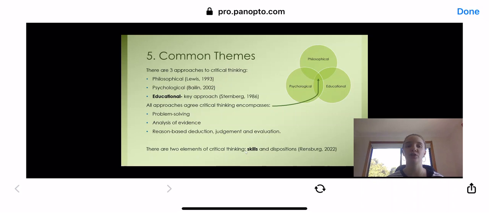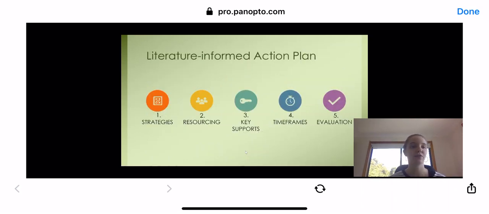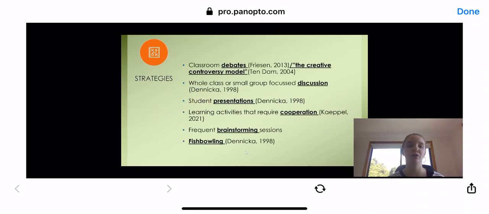Now that we have the 5 points of background knowledge, I will explain to you the steps of my literature-informed action plan. There are 5 steps to this plan, including strategies, resourcing, key supports, timeframes, and evaluation. First, let's look at the different strategies I can use to teach in accordance with both of my key APSTs. As I teach English literacy, I will be implementing the most successful strategies used by teachers that I have discovered